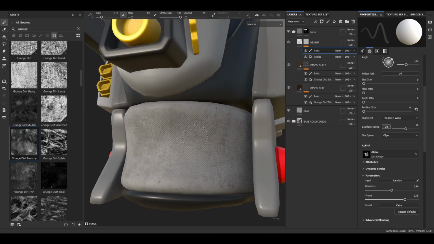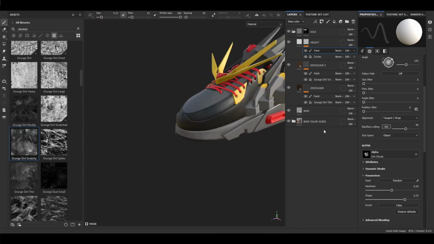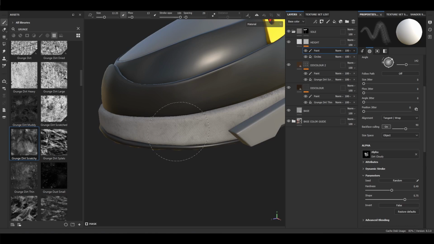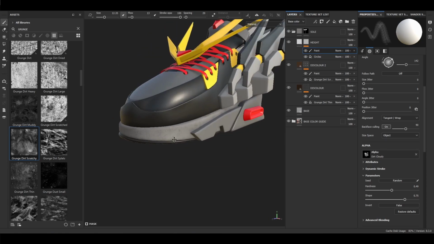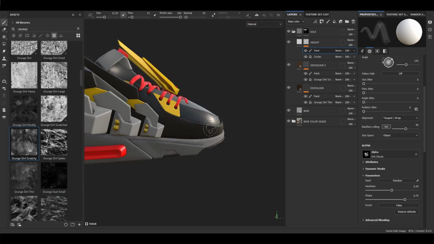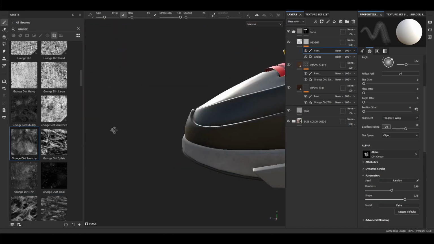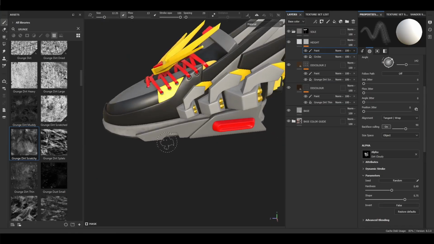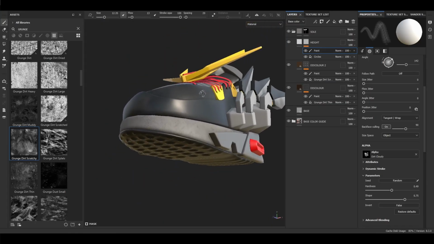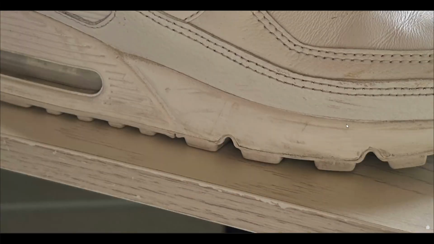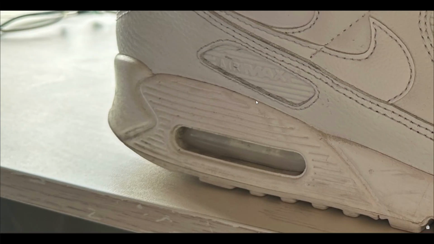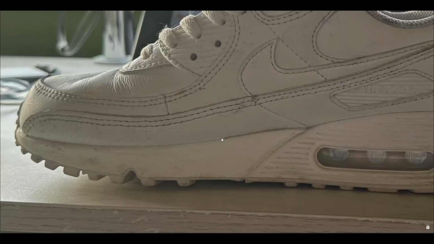Removing only the edges, okay? Or we can add a bit of random removal to make it a bit more realistic, okay? Also, I'm trying to zoom. As you can see here, when we zoom in, we can see dirts collecting on the corners or in the tight spaces. We can add those